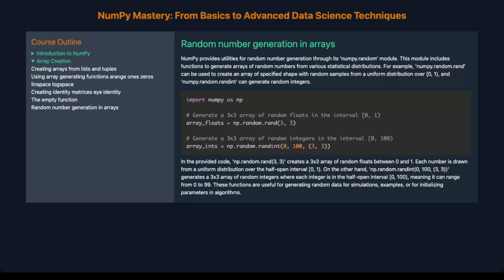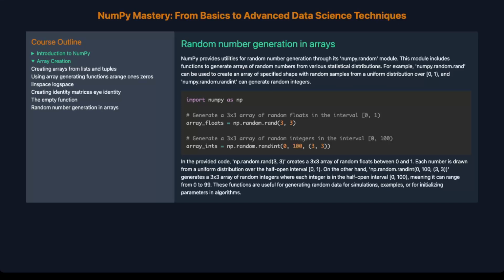Random number generation in arrays. NumPy provides utilities for random number generation through its numpy.random module. This module includes functions to generate arrays of random numbers from various statistical distributions. For example, numpy.random.rand can be used to create an array of specified shape with random samples from a uniform distribution over [0, 1), and numpy.random.randint can generate random integers. In the provided code,